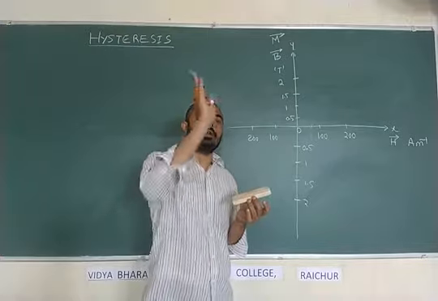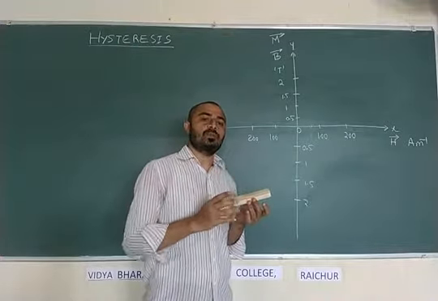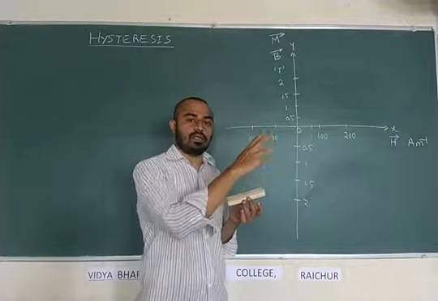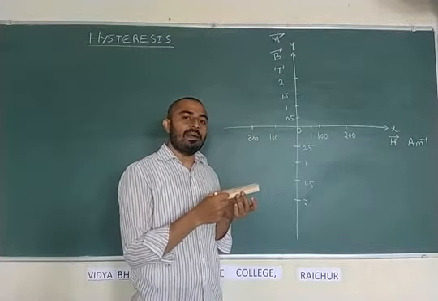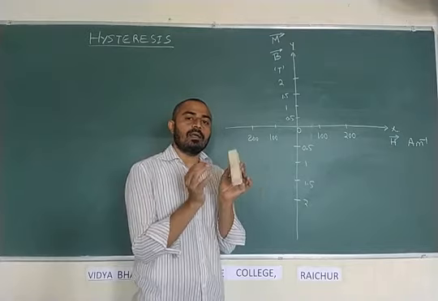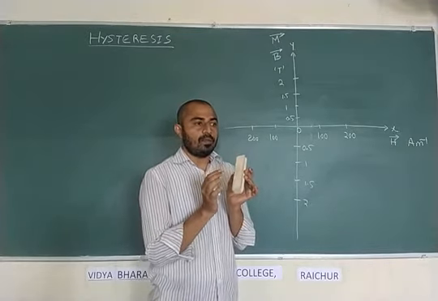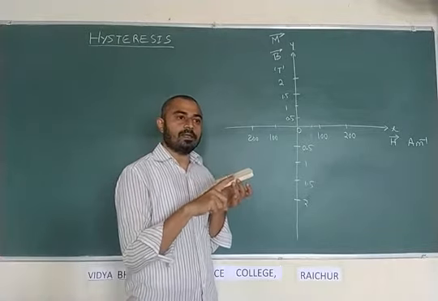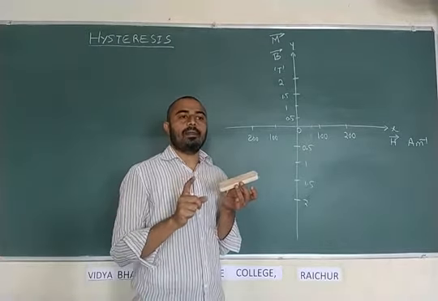The atoms and molecules which are in the particular volume or particular size, they are all like-minded. Some atoms will be oriented in this direction in that iron specimen, some atoms will be in this other orientation. And all the like-minded atoms or molecules form one group. That group of atoms or molecules oriented in one particular direction is called a domain.